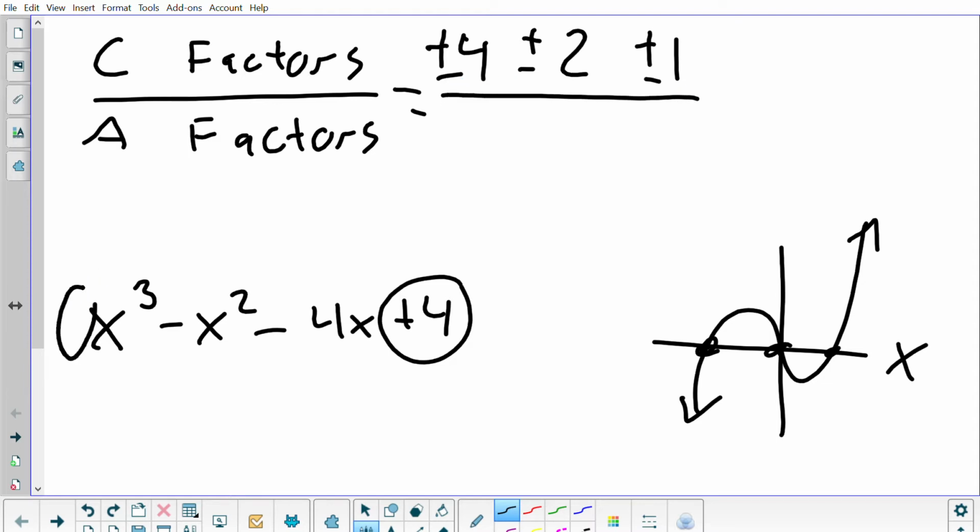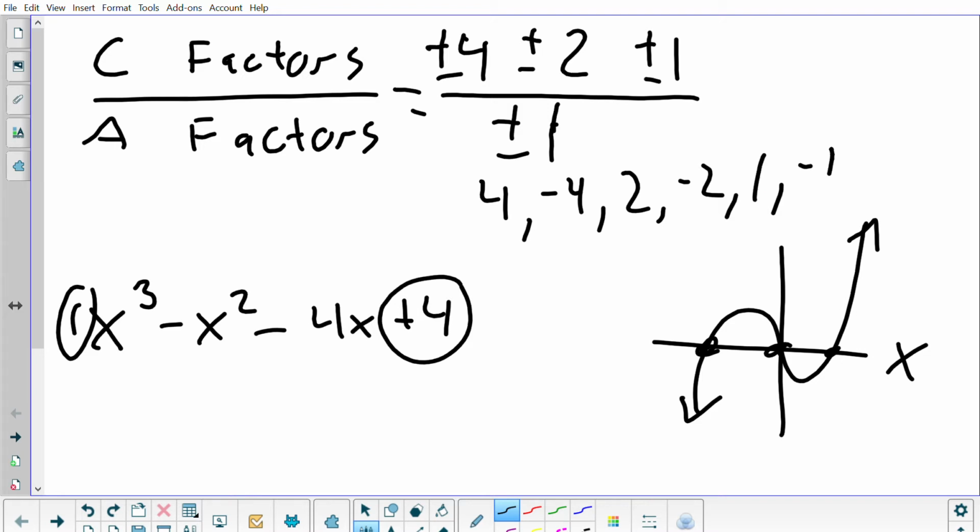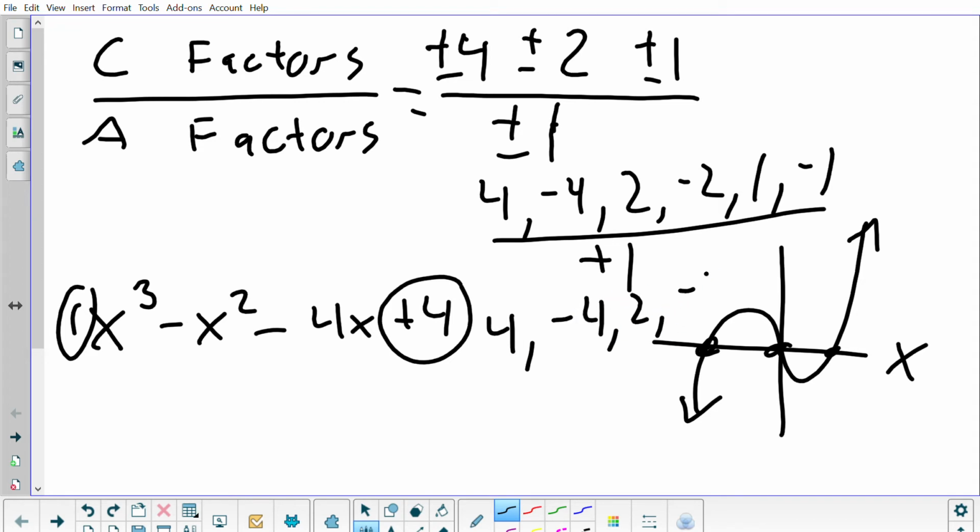Our a term is 1, so positive 1 times positive 1 and negative 1 times negative 1 are all possibilities. So that would be 4, negative 4, 2, negative 2, 1, negative 1, all divided by positive 1. And then I would write that again over negative 1. So there's a total of 1, 2, 3, 4, 5, 6, 7, 8, 9, 10, 11, 12